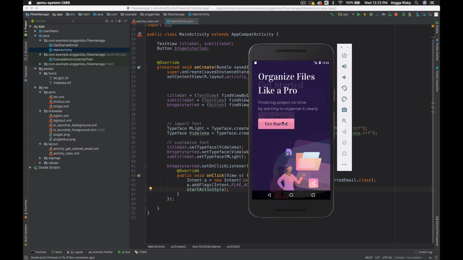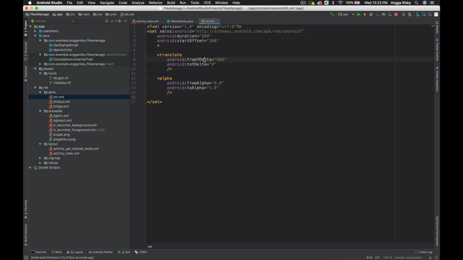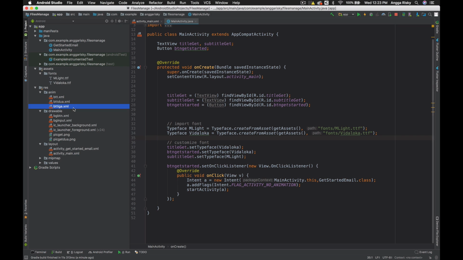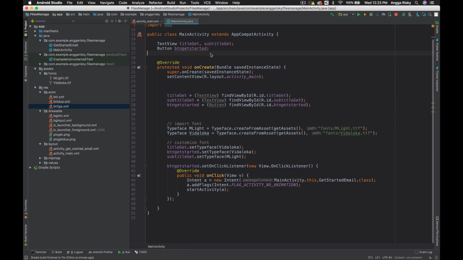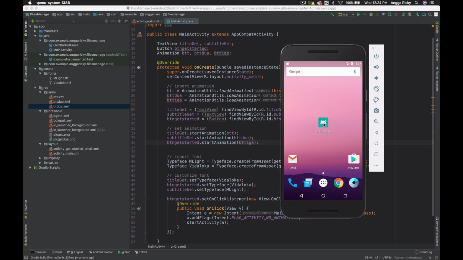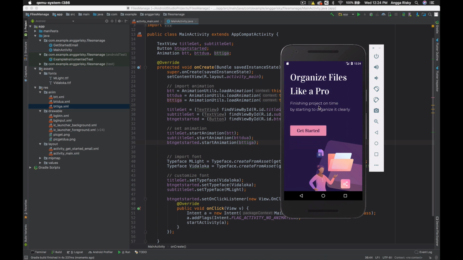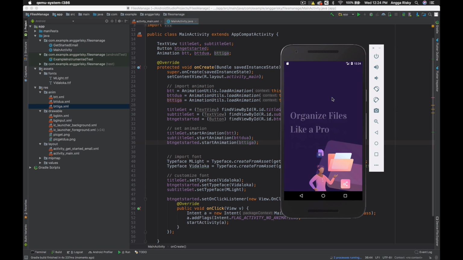This one. Okay, so right now we just want to focus on the animation, and I already provide the anim folder inside of the RES, and we got 3 versions. One like this, and then the second is like this, just different for the start offset, and then the last one is like this. Okay, so we have to put it on the main activity. So whenever I click this file manage our application, this is the onboarding. Wow, looks amazing, right? The design looks so exclusive.